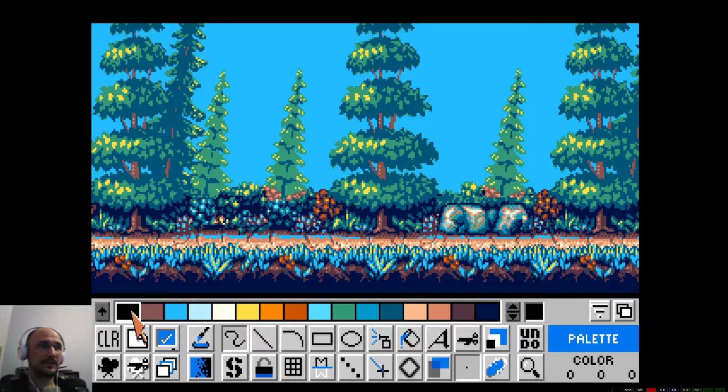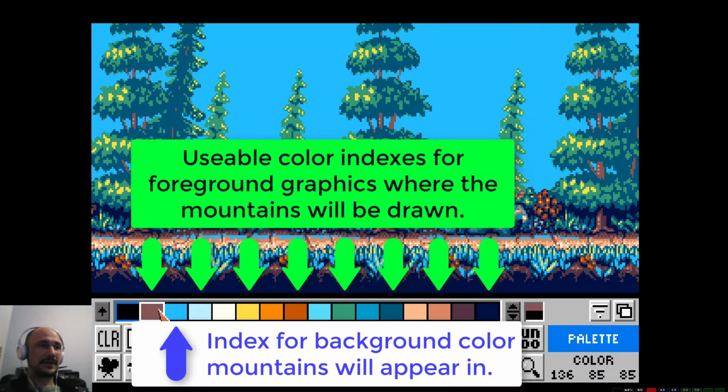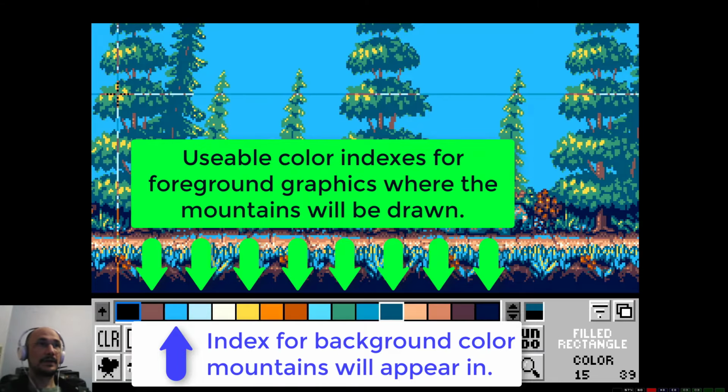So we can't use this color, can't use this color, can't use this color, but all of these are the colors that we can use here. So this one, this one, this one, this one, and so on. But keep in mind, you only have to deal with this limitation in the region that the background graphics are